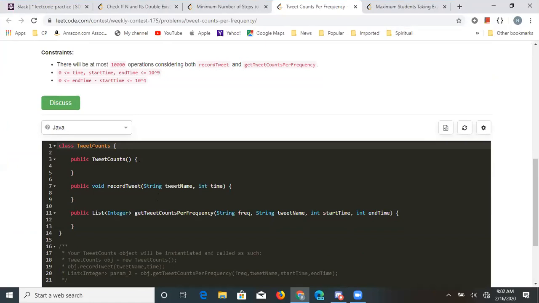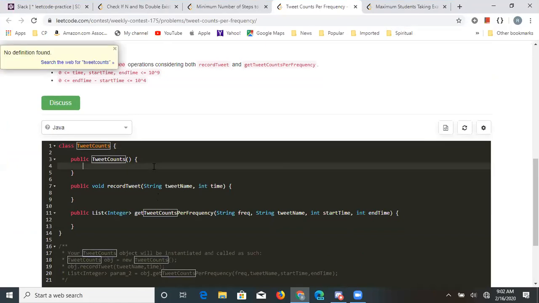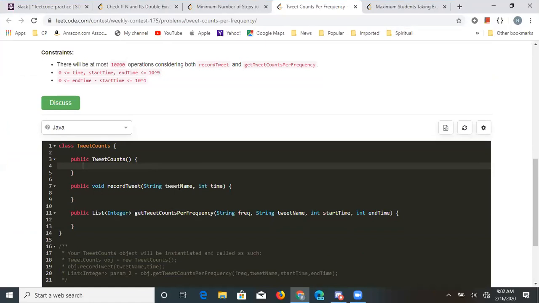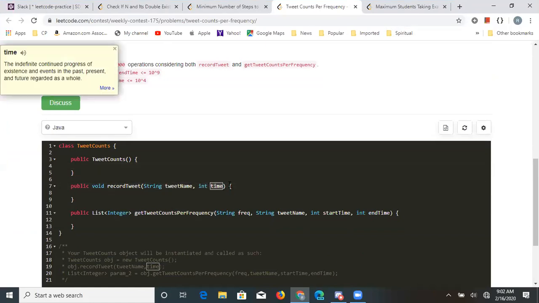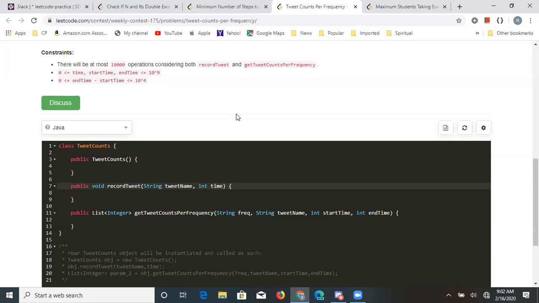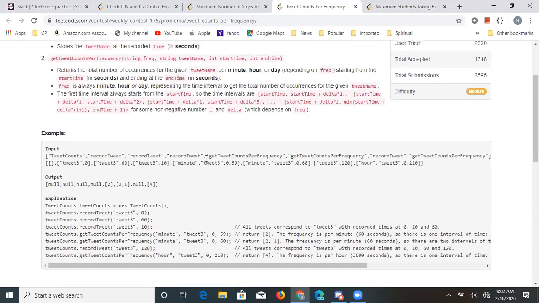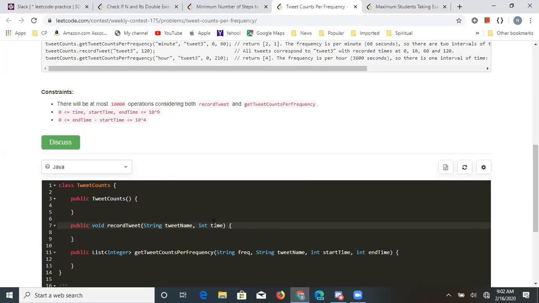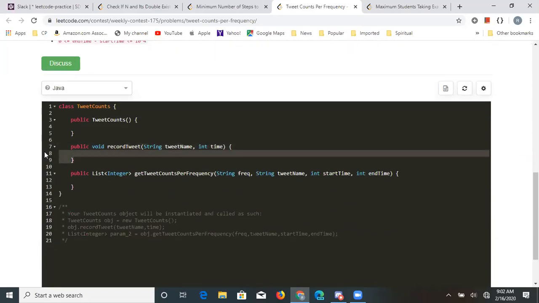So you have to build a class TweetCounts. It has 2 APIs. One is tweet name and another is time. Time could be minute, hour, or day. That could be the time there. It's an int. We'll go to the details soon, but just understand that for any tweet we have to